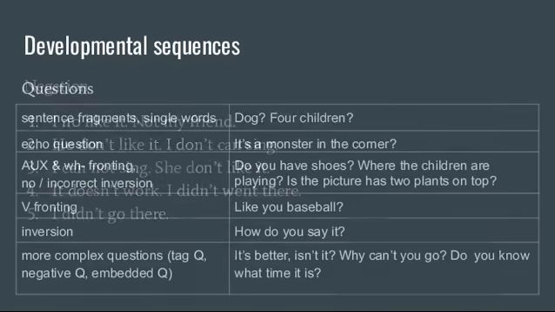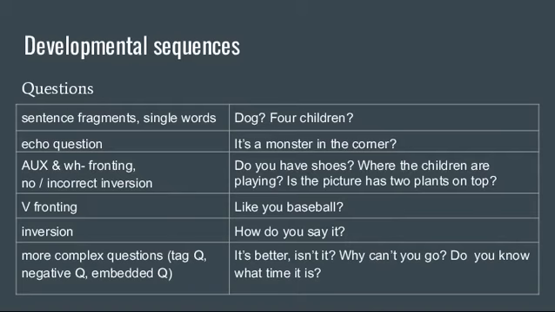Question forms. So maybe first they'll just echo nouns or then echo sentences with a question intonation. Then they start to learn to use auxiliary verbs at the front, like do, or WH words like where or what, but not doing the rest of the sentence order correctly, what's called inversion. And then finally doing the inversion properly. And the last stage is going to be learning more complex questions like tag questions, negative questions,